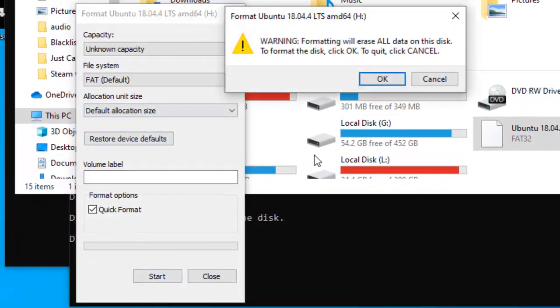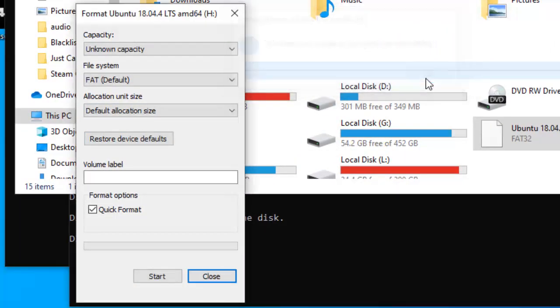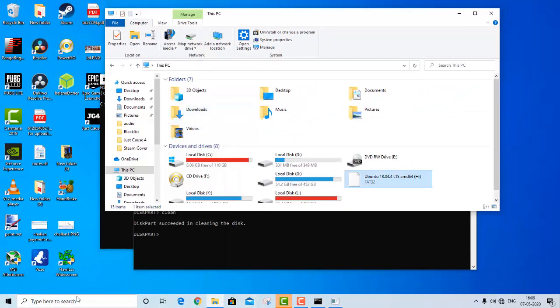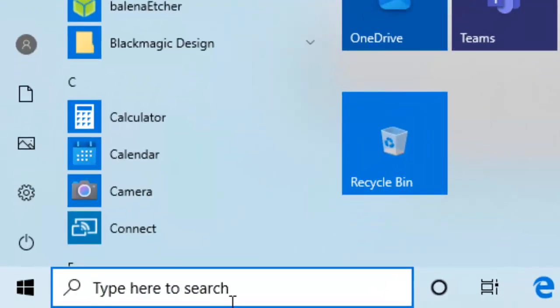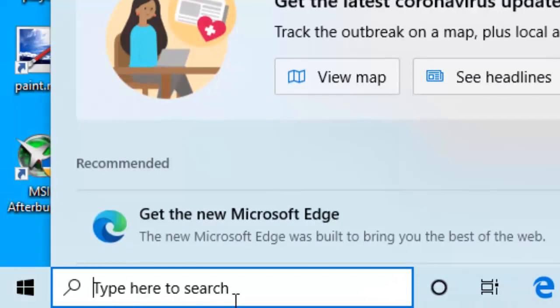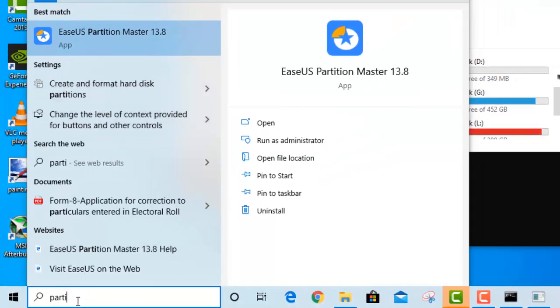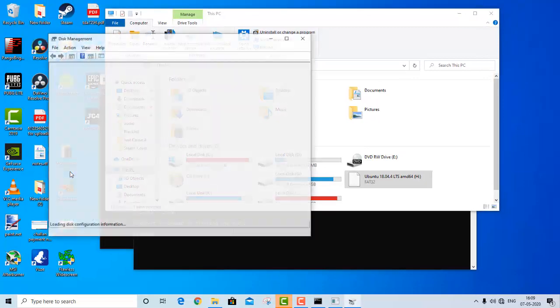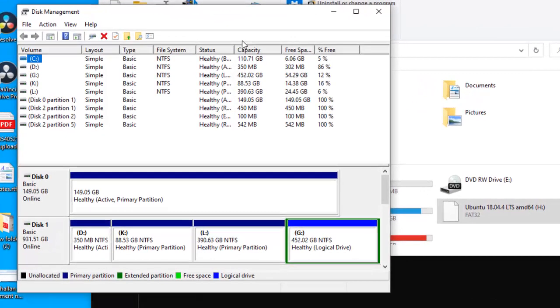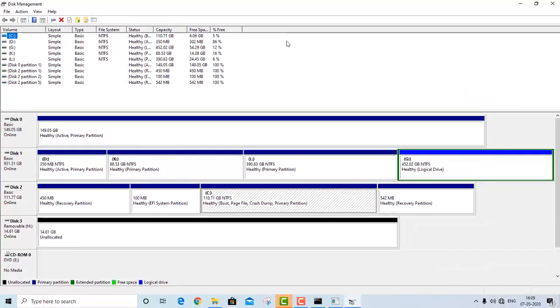and it's unable to format. So now in the search bar of Windows, type partition, and, as you can see, I didn't type the entire spelling, just go to Create and format hard disk partitions.